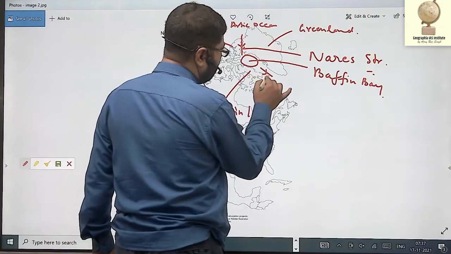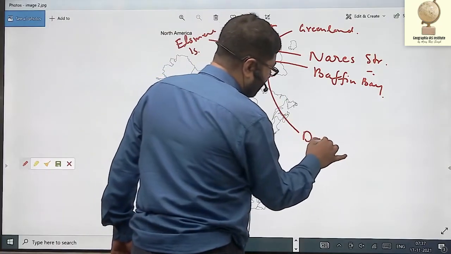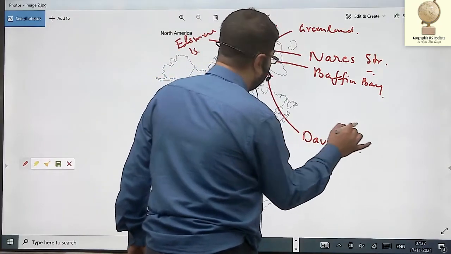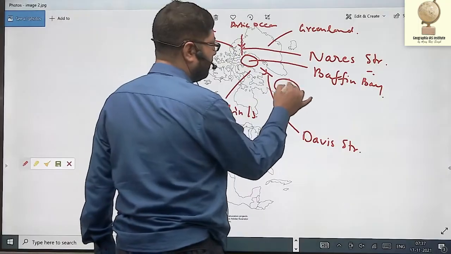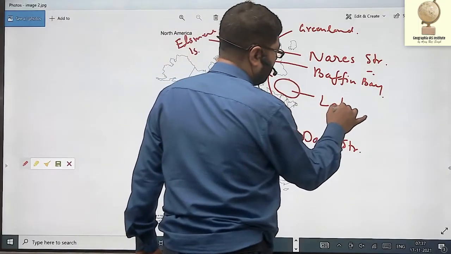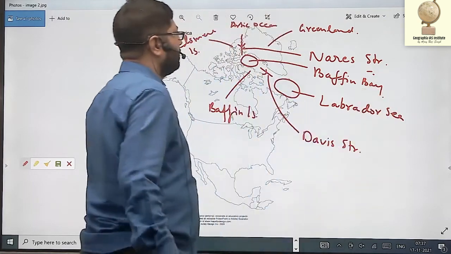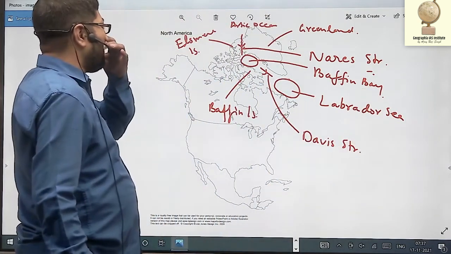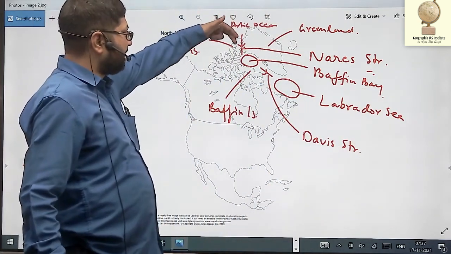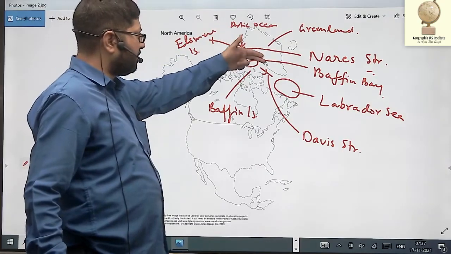This is known as Davis Strait, and this sea is known as Labrador Sea. So the Labrador Current moves from the Arctic Ocean through Nares Strait, through Baffin Bay, through Davis Strait, and into